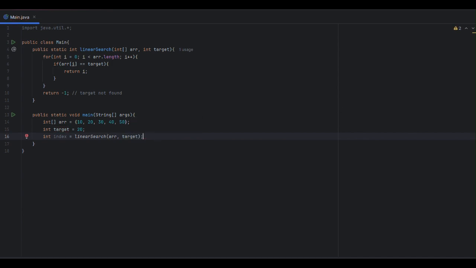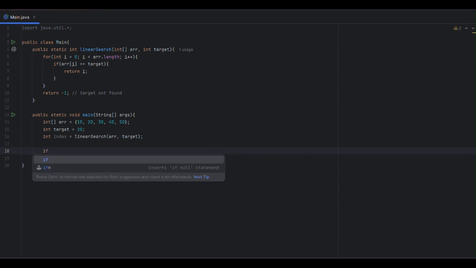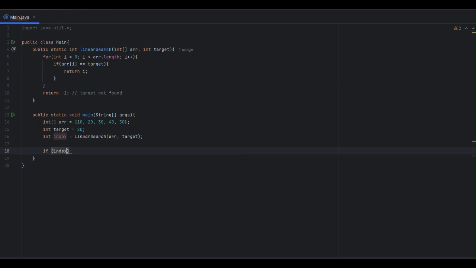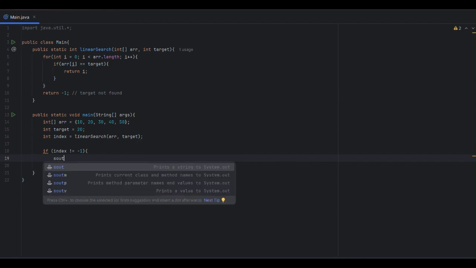Now we can just do our final conditional statements to actually see if we found it. So let's say if my index is not equal to -1,